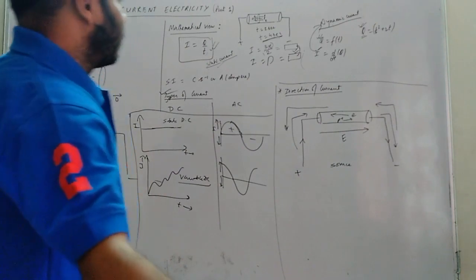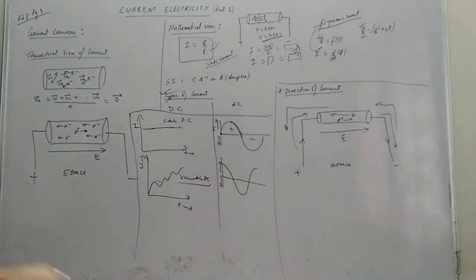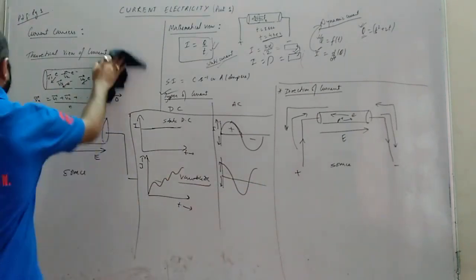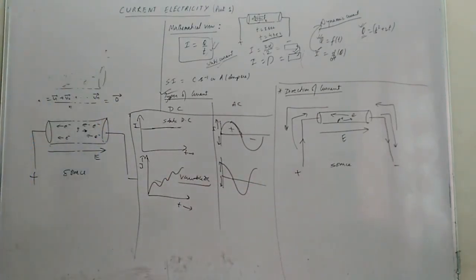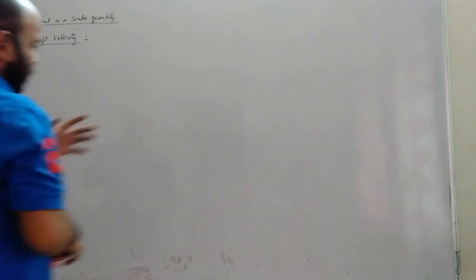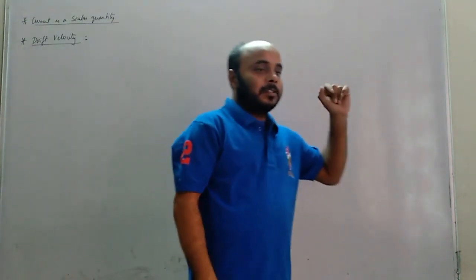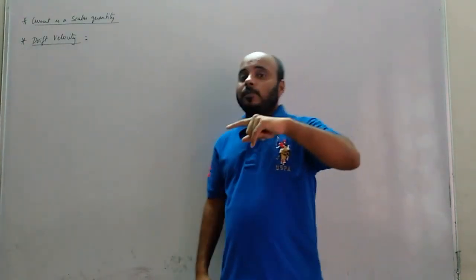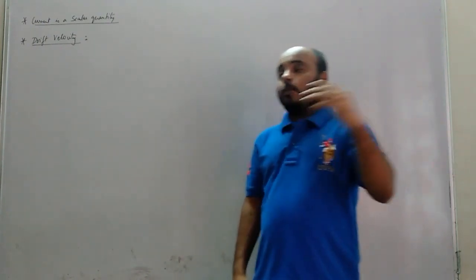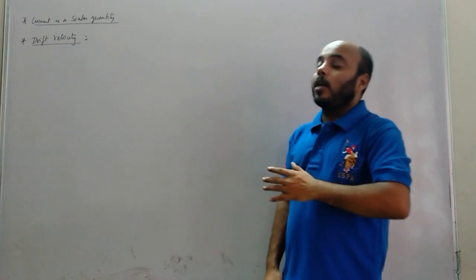Now, next we will understand a very important question in boards: whether the current is AC or DC. We understand that. Next, we also understand current has a direction. Now my question is, is current a scalar quantity or a vector quantity? Current has a direction, we studied that. Which conventional direction do we consider as current direction? Current flows from the positive terminal of the source to the negative terminal of the source, right?